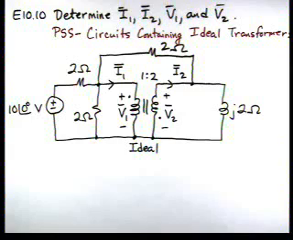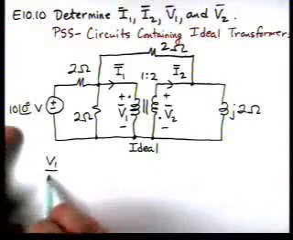For Learning Assessment 10.10, we want to determine I1, I2, V1, and V2 in the circuit shown below. We're going to use a problem-solving strategy entitled Circuits Containing Ideal Transformers. If we look at the problem-solving strategy, we can see, for instance, that V1 is referenced positive at a dotted terminal. V2 is referenced positive in an undotted terminal. And according to our strategy then,